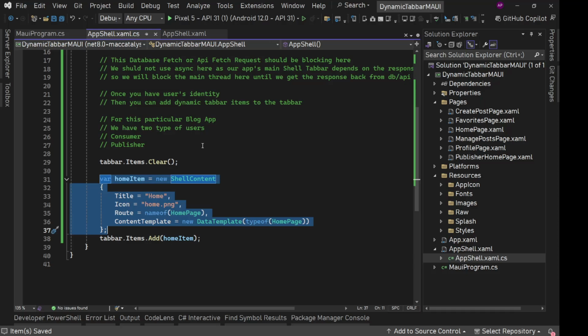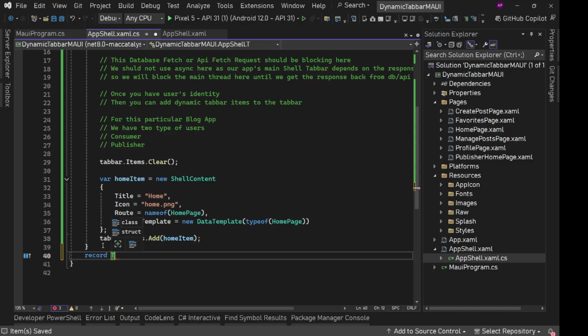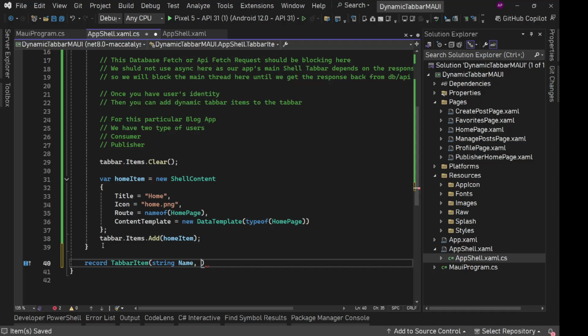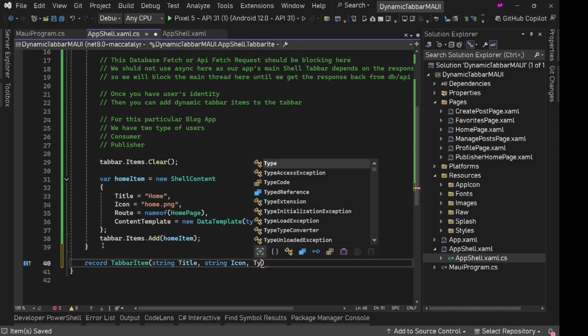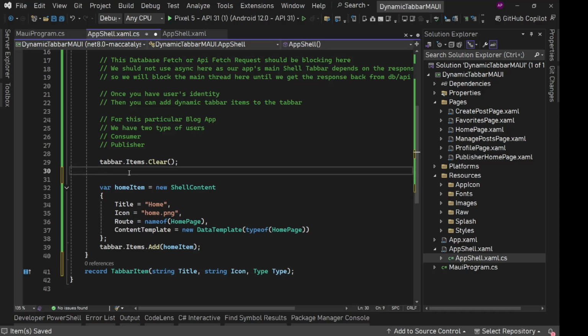So we are going to repeat all these things. Instead of repeating this, what I generally do, I simply create some type. So here I'm going to create a record type. I'll say tab bar item and I'll have string name, or let's say title, then string icon, and then the type, these things. Okay. Now once we have this tab bar type,